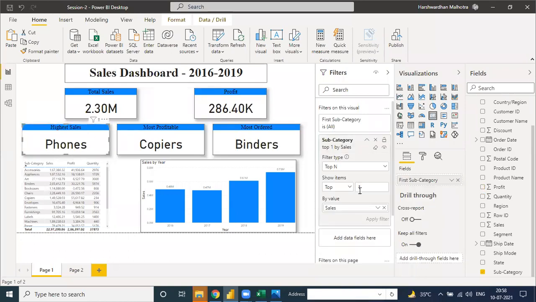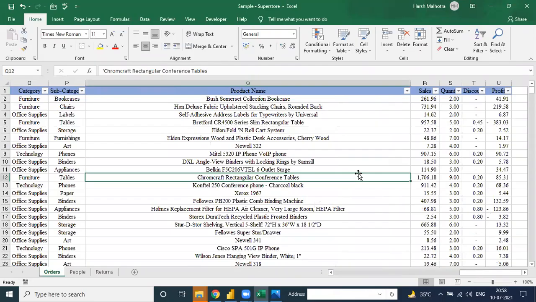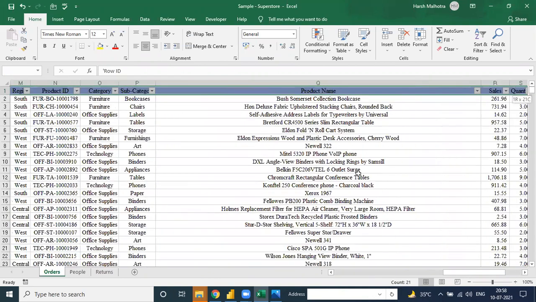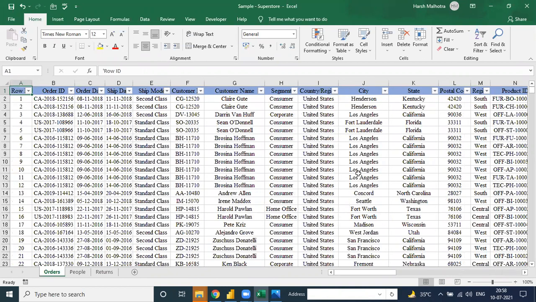See, the top one, we are doing here. We don't need to do any of this in Excel, because if we do any part in Excel, then what is the use of Power BI? We don't need to use anything in Excel.